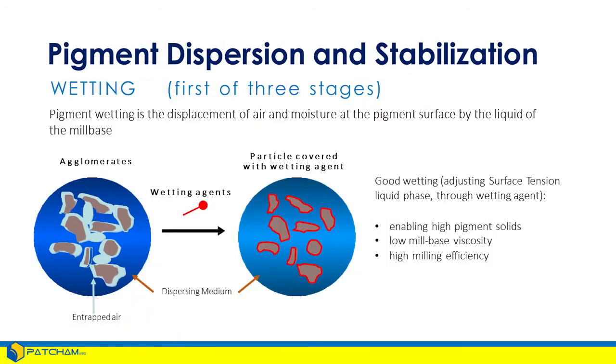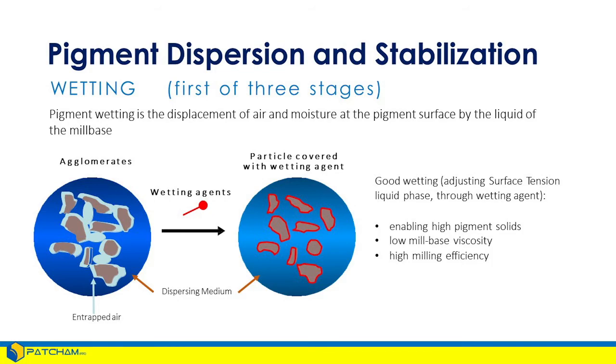Here, in diagram form, we show the air that's around the outside of these pigment particulates. Blue is our water. And on the left is the cylinder that we saw with the phthalo blue in the air. And that's why it kind of floats up on top. In addition to being lower density, it's got air to make it more buoyant. When we add the wetting agent, it lowers the surface tension of the water. So now it can wet the surface of that green pigment particle, and so it displaces the air and allows good incorporation into the liquid phase.